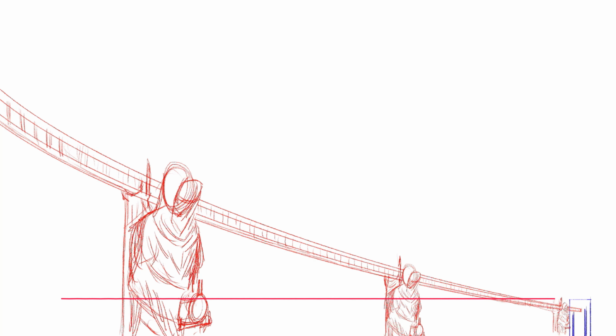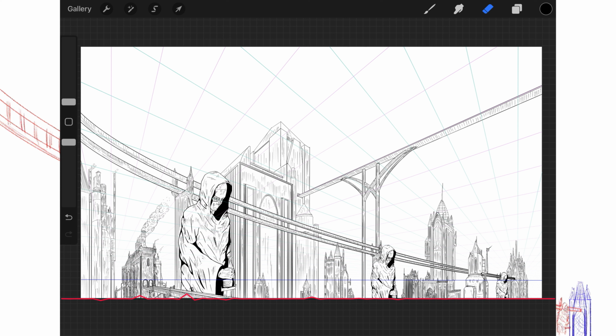So in basic perspective art, you will have a horizon line or horizon lines, if you want to get really, really funky with it, and there's going to be these things called vanishing points. So basically, this point is where things are going to intersect. So if you are, say, doing 1-point perspective, and this piece is actually 2-point perspective, but we'll get to that in a second, you can only draw 3 types of lines: horizontal lines, vertical lines, and lines that intersect with the vanishing point. So because this is 2-point perspective, as you can see now,